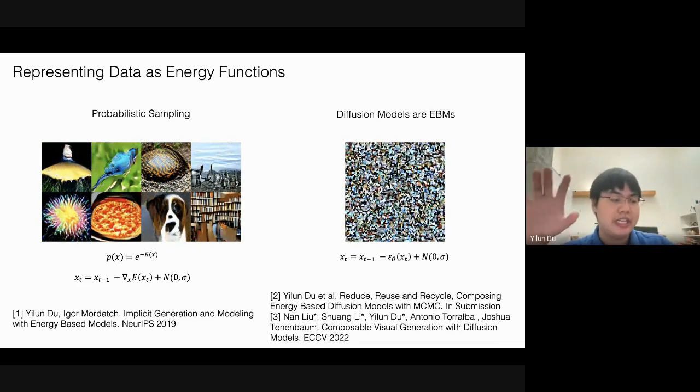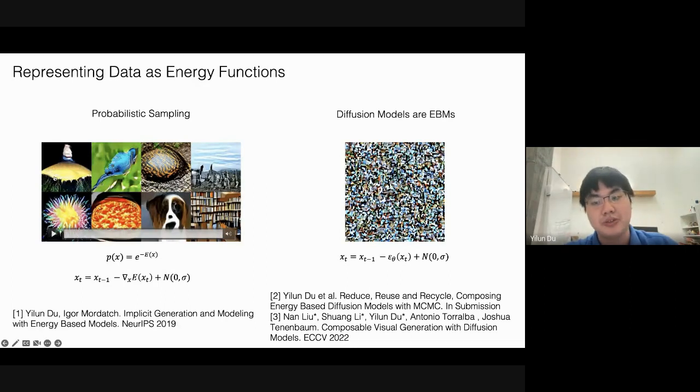After our paper in 2019, there were a lot of other works that significantly improved this type of denoising process using Langevin dynamics. And I think the most popular and well-known ones now are diffusion models. While diffusion models are typically not known as EBMs, I'll show in this talk that they're essentially EBMs, and you can use a lot of the operations we've defined for these earlier energy-based models directly on diffusion models. And actually, their functional form is very similar.